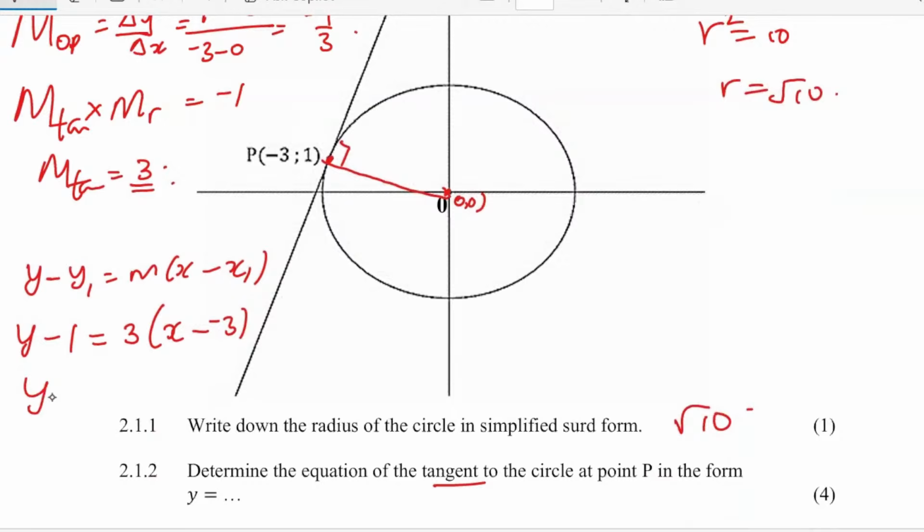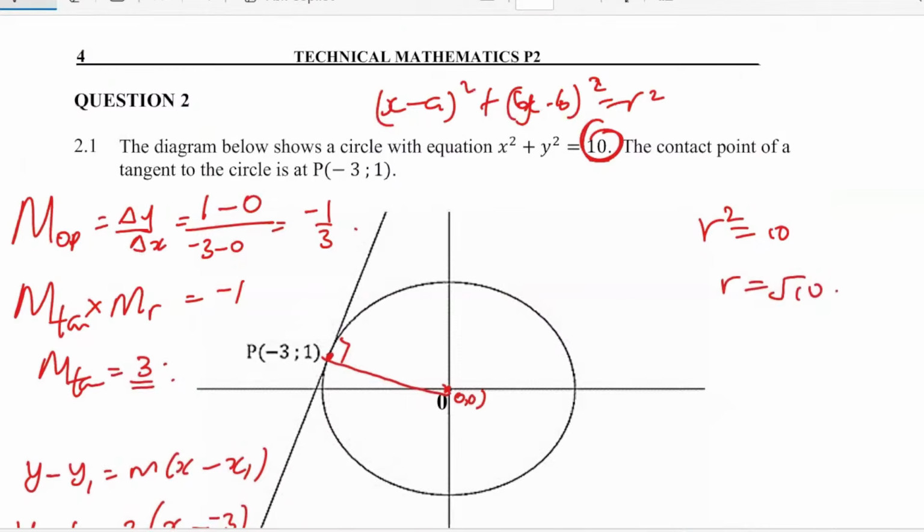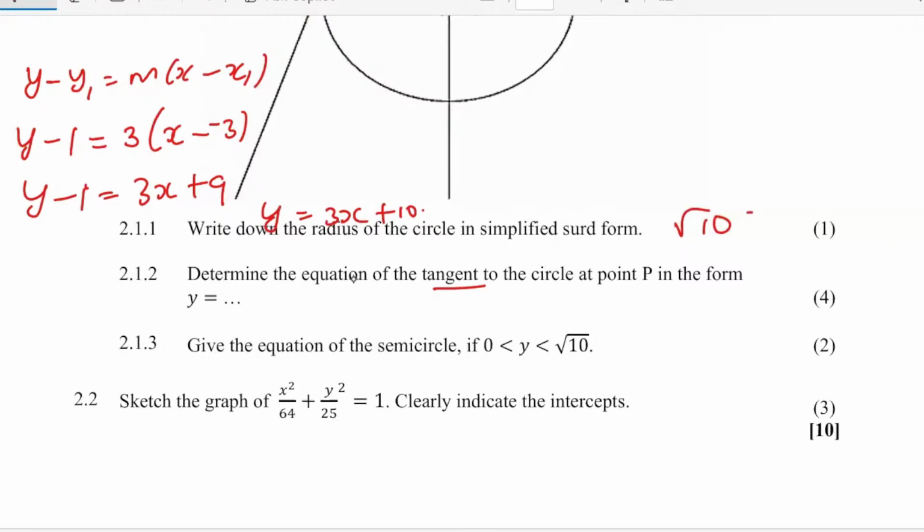We open this up, 3x plus 9. When you move this one that side, it's going to be 3x plus 10. Okay, so the equation I'm having is y is equal to 3x plus 10. And then